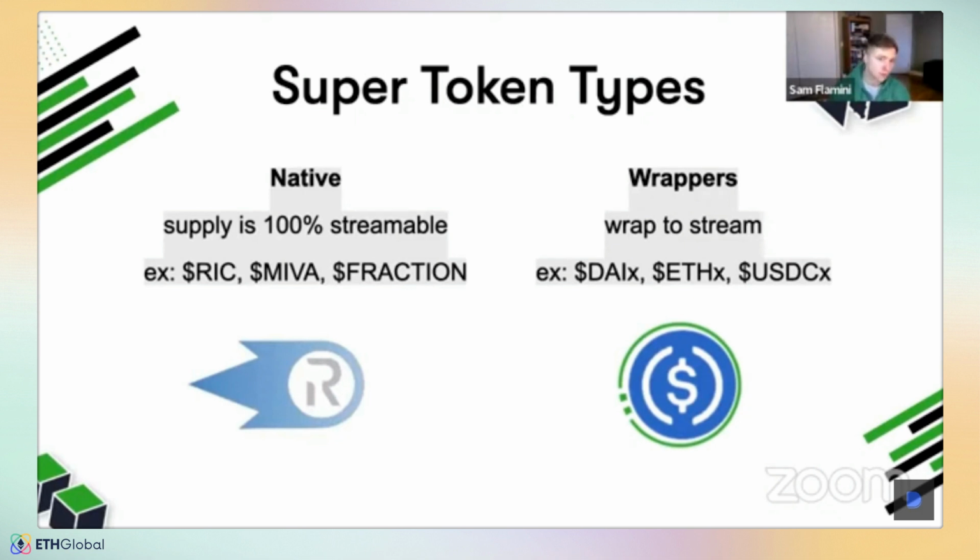So if you go to our dashboard at app.superfluid.finance, you'll be able to just use a simple UI to wrap your existing DAI or your existing USDC or Uni or whatever you want to the super token version of that, right? And what's happening there is I just basically deposit my underlying DAI into the wrapper contract and I get out newly minted super token DAI. Works just like WETH or Wrapped Bitcoin, same idea, but yeah, those wrappers are important.